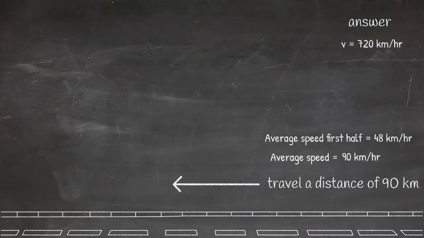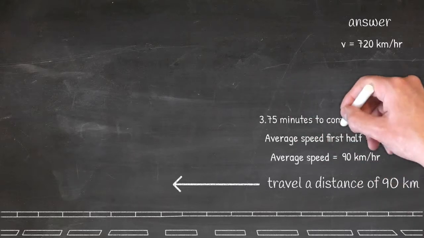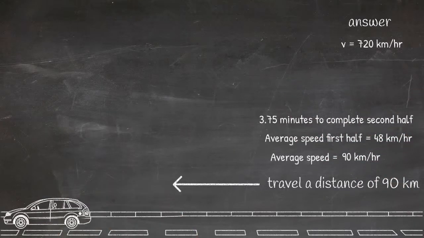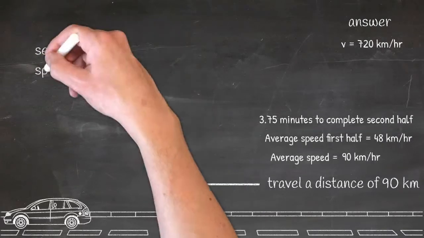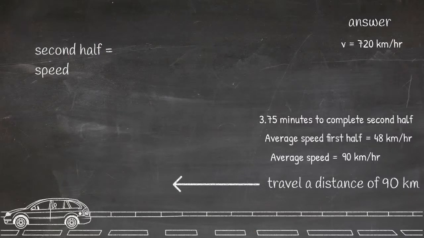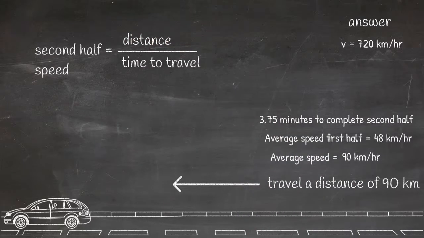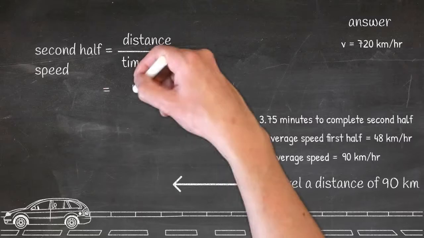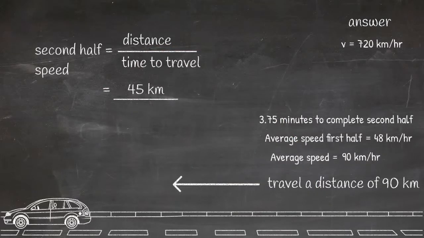If we are going to then use the 3.75 minutes to complete the second half, let's calculate the speed that we need to travel at in the second half in order to get done in 3.75 minutes. So the second half speed will be the distance divided by the time it takes to travel that distance. So again, it's 45 kilometers for the second half of the trip. And if you convert the 3.75 minutes into hours so that we have a unit of kilometers per hour, we get